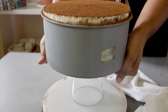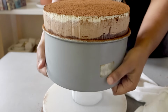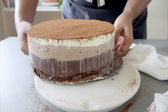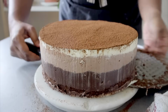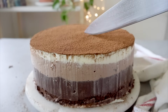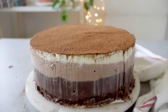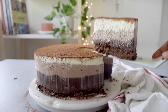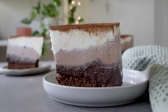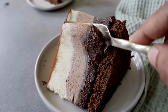You can also assemble this mousse cake using sheets of acetate. I will be doing that in a future video, but this was just so in case you don't have access to acetate sheets, you can do it using a loose bottom cake tin as well. And you can then also just run a palette knife along the bottom of the triple chocolate mousse cake to help gently release the base of the loose bottom cake tin, and then you slice into your glorious velvety feather